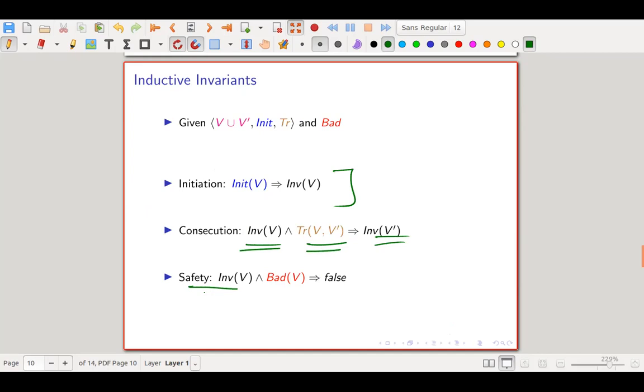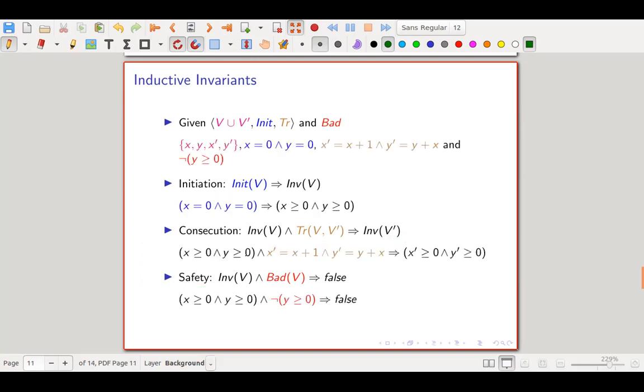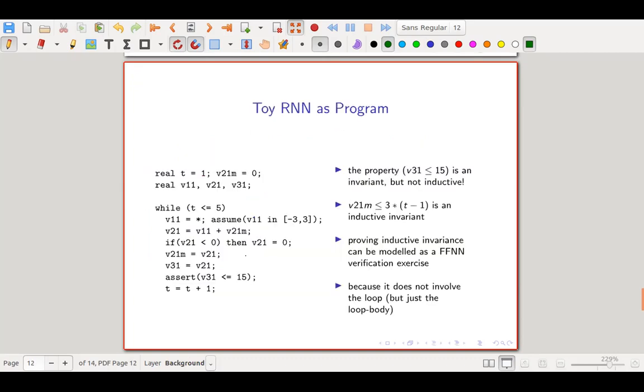So we want these three properties to be satisfied: the initiation, the consecution, and safety. The initiation means that it holds initially. The consecution means that if it holds at the beginning, then it holds at the end of an iteration. And safety means that it's strong enough. This is just formal; I'll upload these slides so you can check that these properties hold for this program and those candidates that I was showing earlier. So now